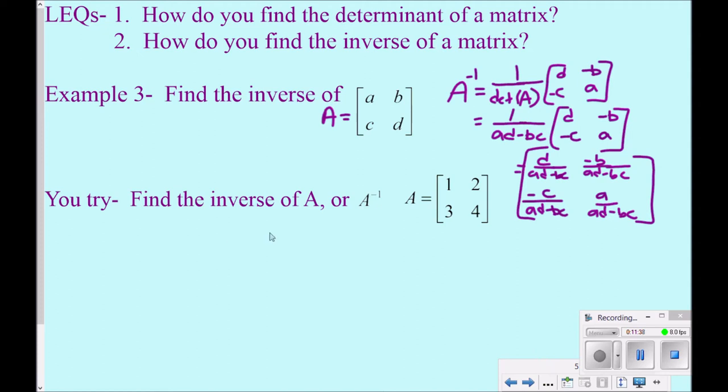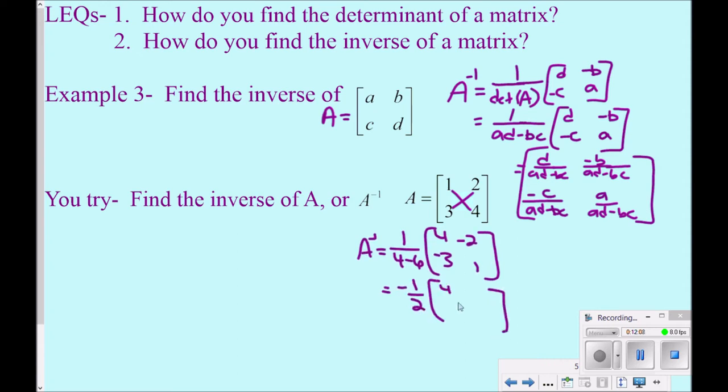So we're going to find the inverse of A, which is called A inverse. We're first going to figure out the determinant, and we're going to put that under 1. So 1 over 4 minus 6. And we're going to multiply that by the matrix where the 4 and the 1 swap, the 2 and the 3 stay, but change signs. So that's negative 1/2 times 4, negative 2, negative 3, and 1,